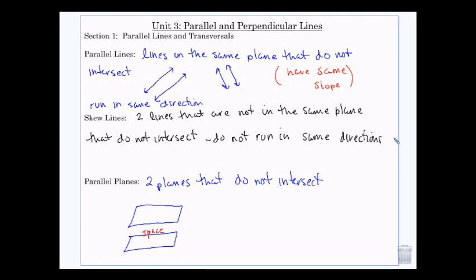In this section we're going to talk about parallel lines and skew lines. Parallel lines are lines that are in the same plane that never intersect. So they run in the same direction, and for future reference, we'll need to know this, they have the same slope. So if I look at two pens,